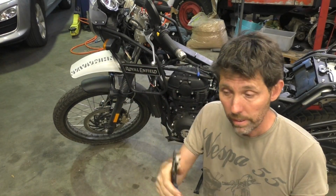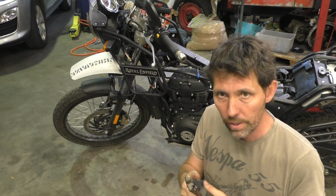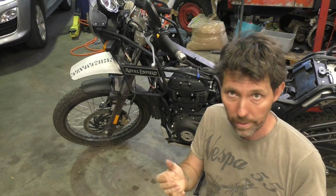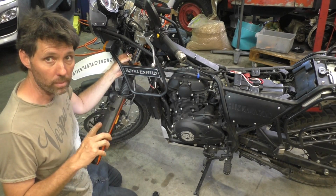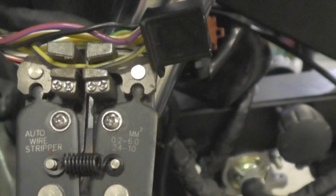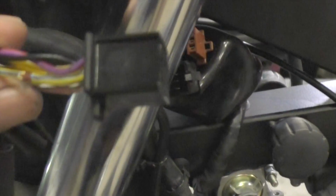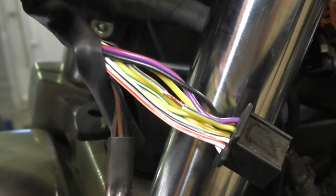This type of wire stripper can be quite good for taking a bit of the insulation off the middle of a wire too, but I'll just see if I've got enough room to do that. If I don't, I'll just carefully cut some back with a razor blade. With a torch, I can definitely confirm it's yellow with a blue stripe is the high beam light. I can fit these pliers in, so I'm just going to put them on and use them just to bare a bit of the wire like that. And then from there I'll be able to pick up and go off to my relay. There with the little torch light, you can see the yellow and blue is the one I've stripped,